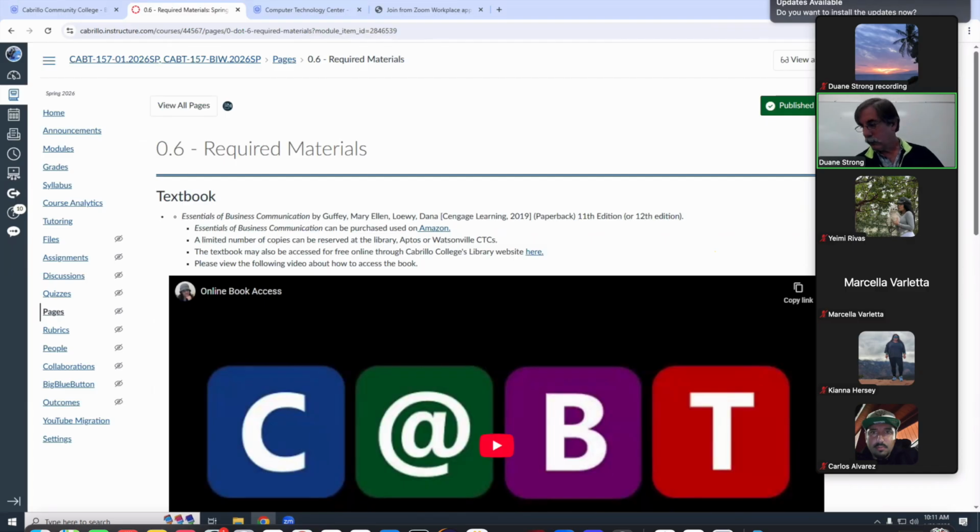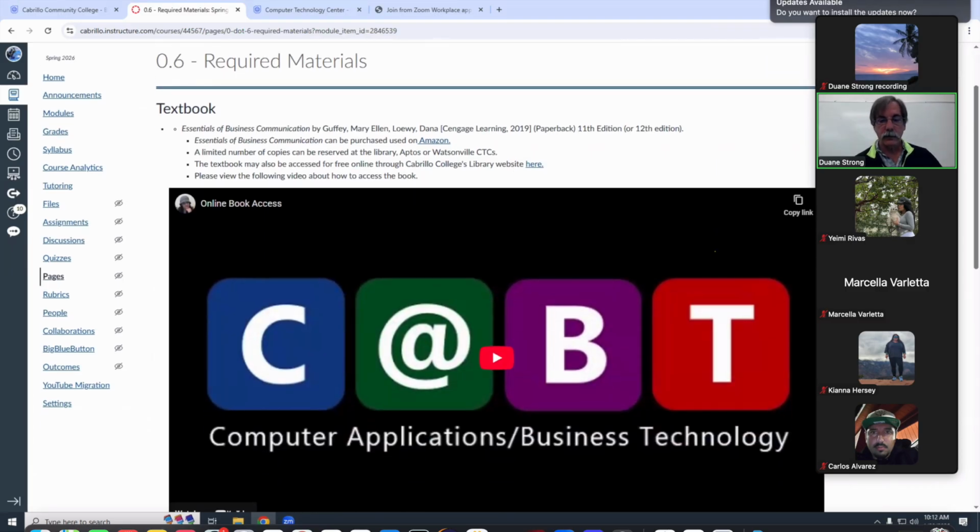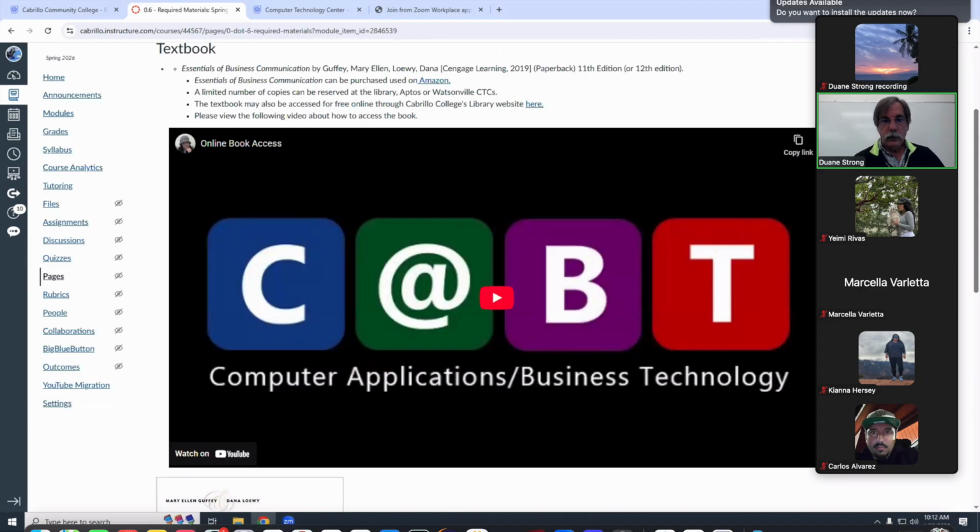Okay, so let's talk about the materials you need for this class. So the book, we're in a transitionary period here, it's the same book, but we're moving from edition 11 to edition 12. Both work. Okay, so if you have one, that's fine. It's in the bookstore, but I would not recommend spending the money, honestly. So don't buy edition 12 if you have edition 11. Definitely not. If you have one edition, you're good.